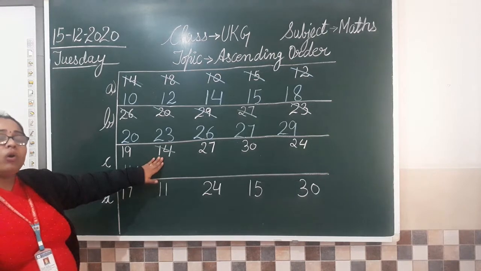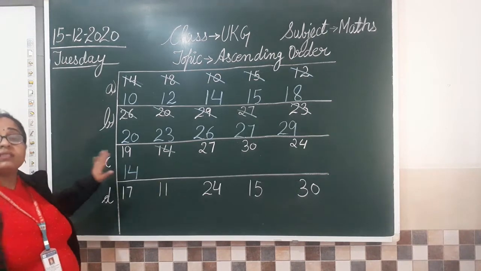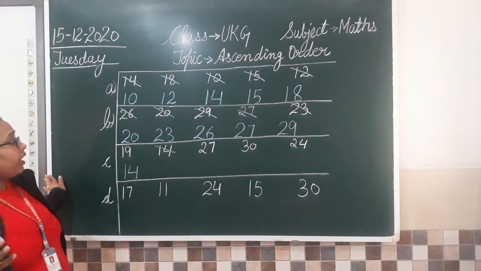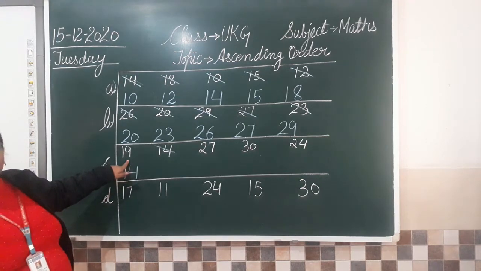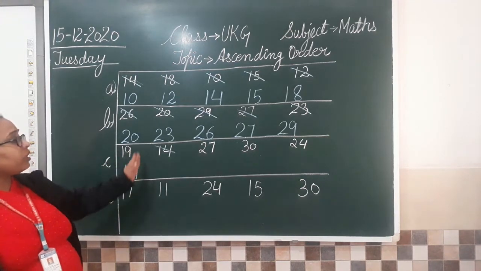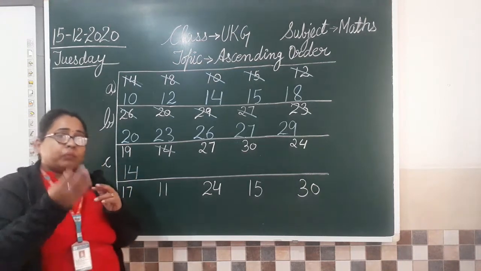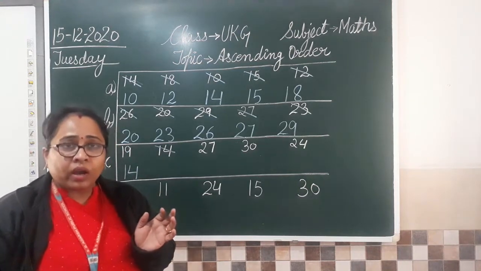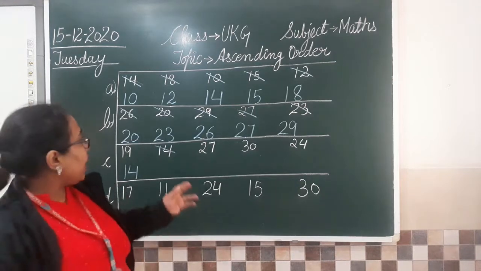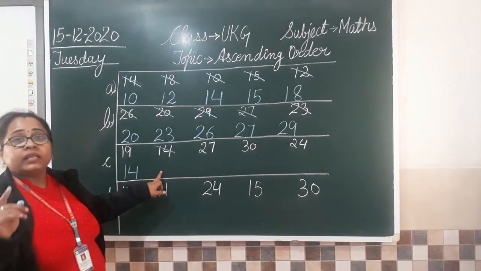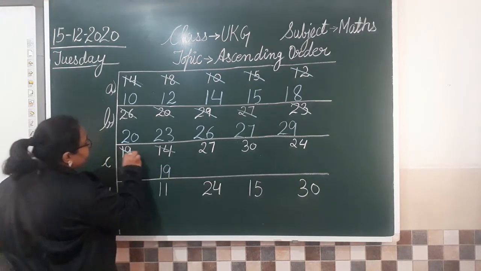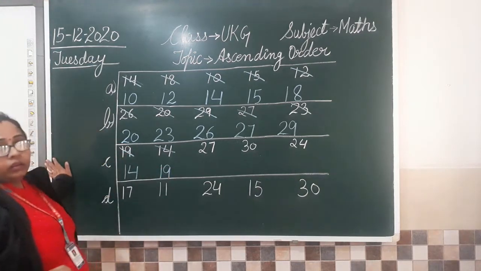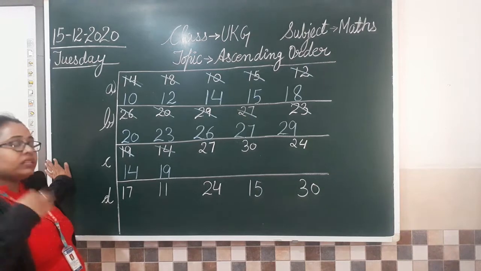After 14 we'll go 15, 16, 17, 18, 19. So we have 19. अब जो 14 और 19 के बीच में जो जितने भी numbers हमने बोले, they are not given to us. So we will leave them all and we will copy 19 here. Yes. So I'll write 19 and I'll cut it down. Done.